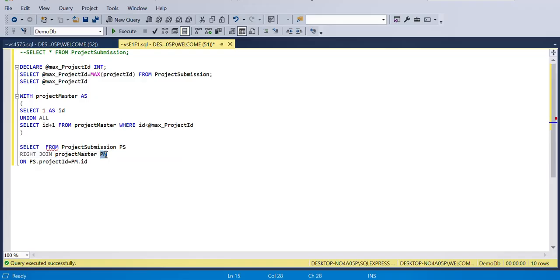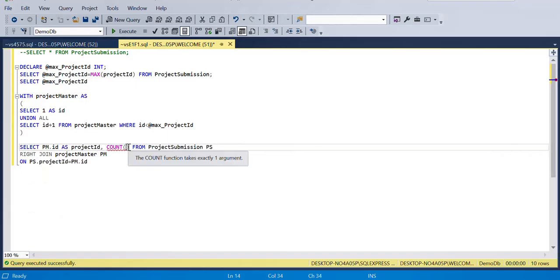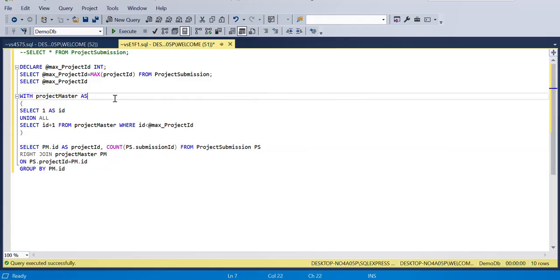So we will get the value from this project master table, and I'll name this column project ID. Then we need the total count of submissions, so I'll write count of this submission ID, which is present in project submission table dot submission ID. Since we are performing aggregation, the non-aggregated column should be present in group by. If I run this,